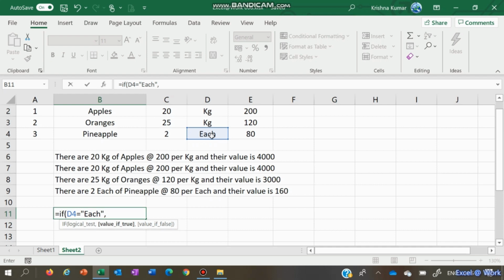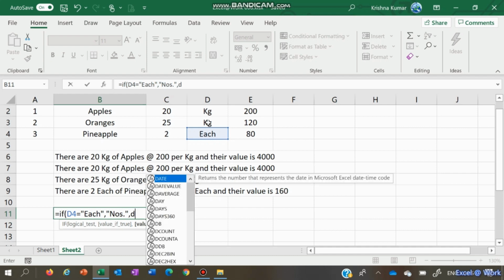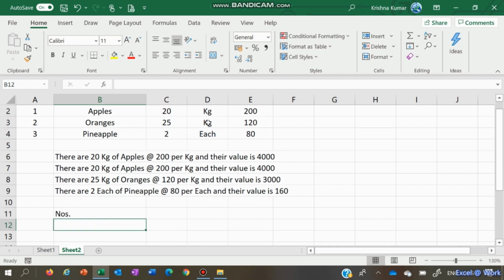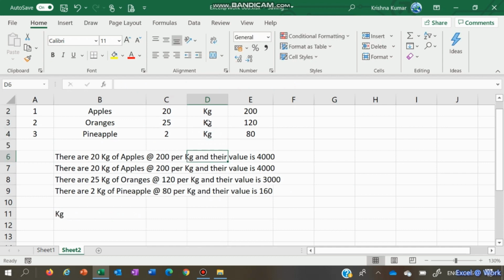If it is each, then it should read "numbers". If it is kg or any other thing, it will be the same as it is. Let us say it will remain the same as D4, whatever is there. So if it is each, it is numbers. If it is kg, it is kg only, it doesn't change.